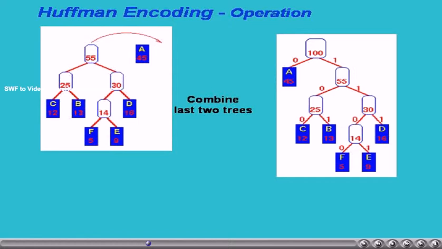Already we understood. If we wanted to find out the code for a symbol, we have to start from the node of that symbol and move upwards to the root node. Along the path, if you are moving towards left, you consider 0, otherwise 1. For example, for symbol B, which is right to its parent, thus its code is 1, 0, 1, 1. Its parent is left to its parent, so we consider 0. And that 55, the parent of the root node is right, so that 1 we will consider. So that is the code for this symbol.